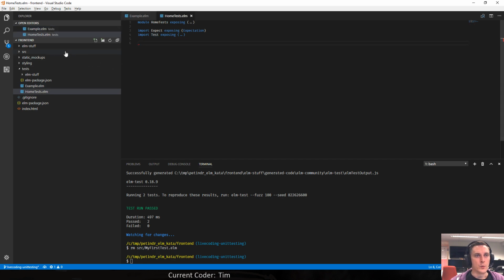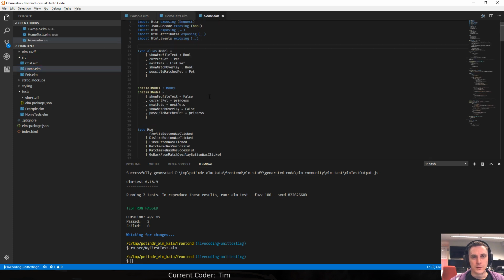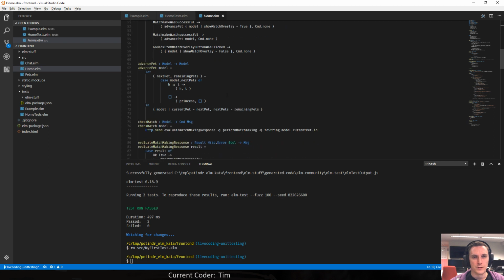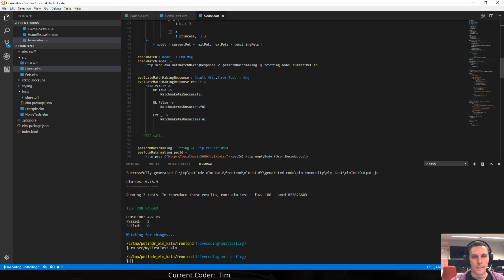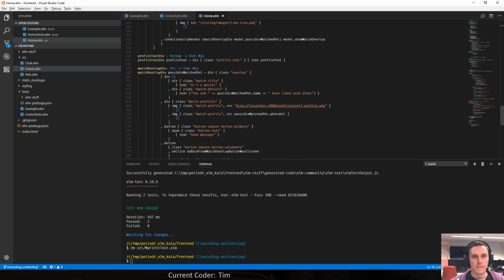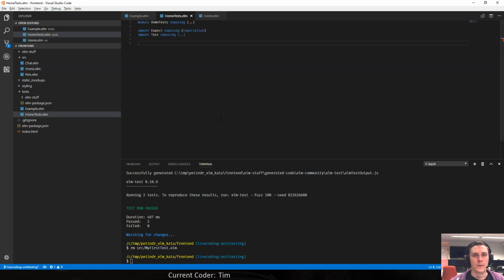Now, what is this thing that we want to test? Maybe give a small example of some simple function that we wrote. Maybe the conditionally render function. So let's call it conditionally render.